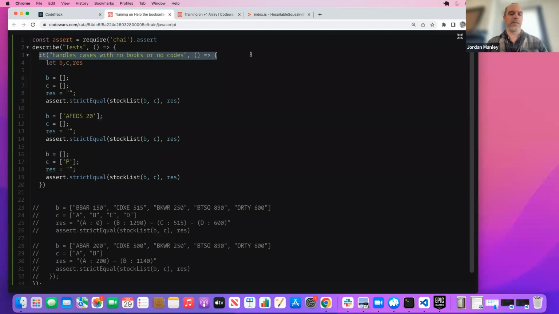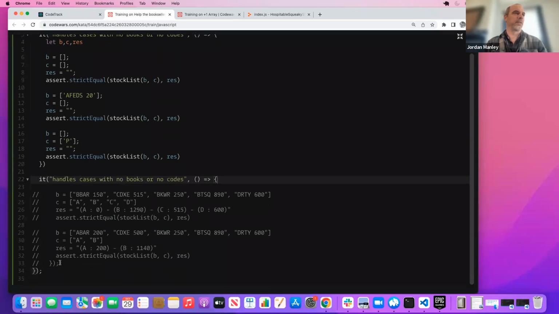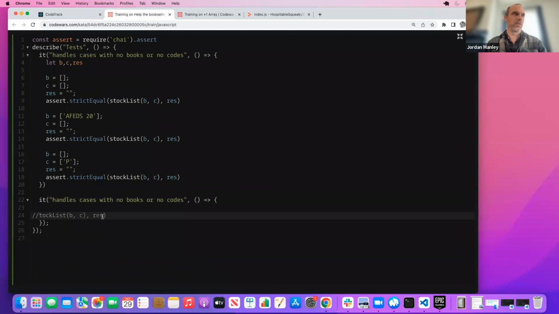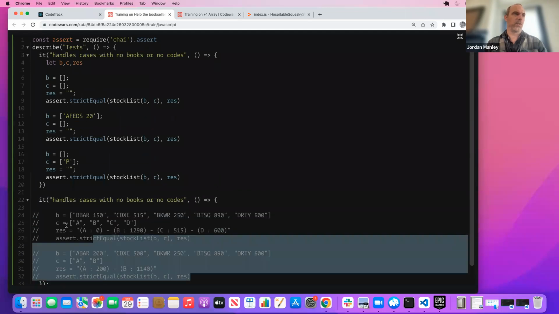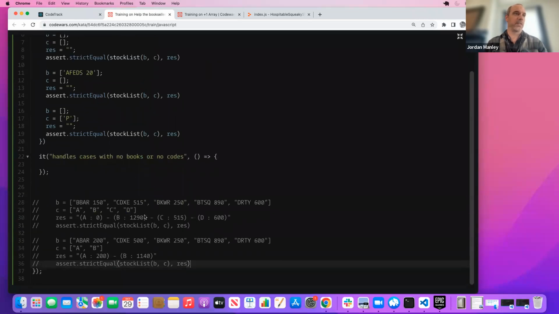And now we'll write a new it block and uncomment that. I'm just going to move these out of here. That's not enough. Okay, and I'll just move them down here for later reference. It's nice that they have these already written out, so I'm happy to save them. They just don't belong here. All right, it handles cases with, what do we want to do next? We want to keep this pretty simple. Let's do one book